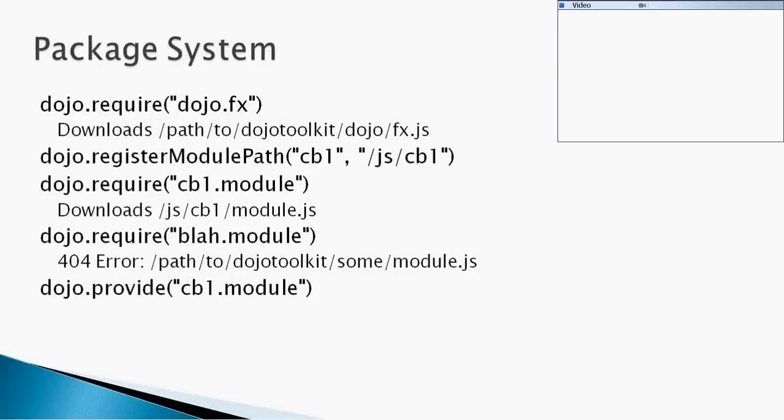Okay. Package system, we have already talked about it. It's the same thing. So in Dojo, everything is divided into some classes and packages. So inside your page, once you have loaded Dojo, if you want to use dojo.fx functionality, you have to first say, okay, I need this functionality. Same like before using any class inside Java, you say I need this class so that the compiler can include that class. Similarly, when you say dojo.require, it checks whether that particular module is